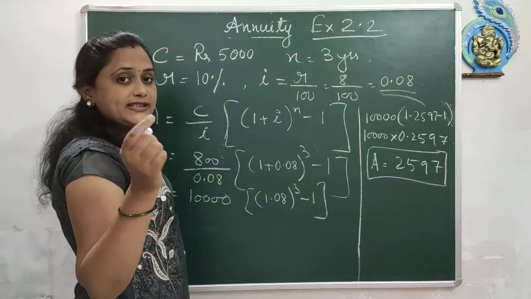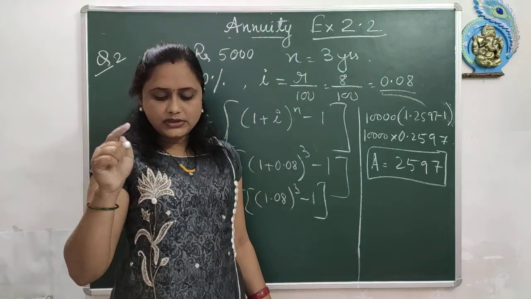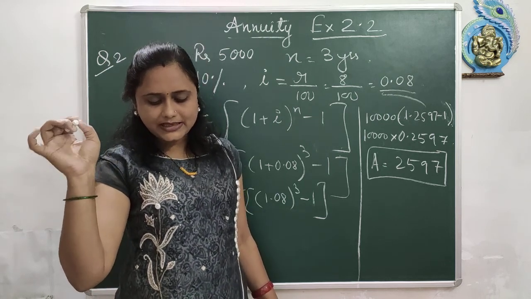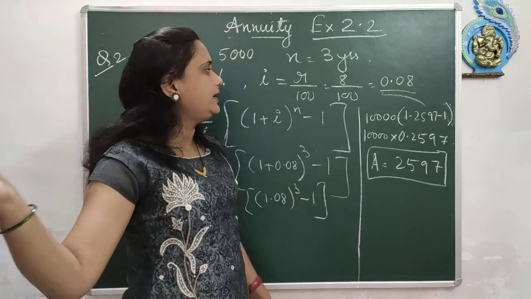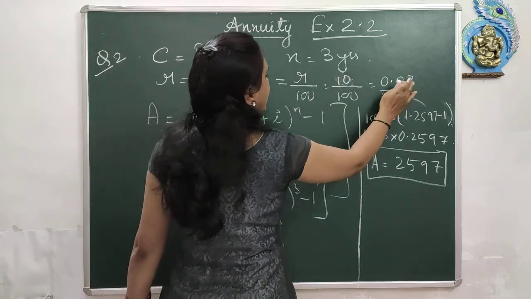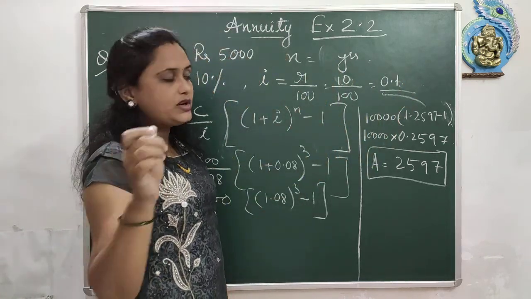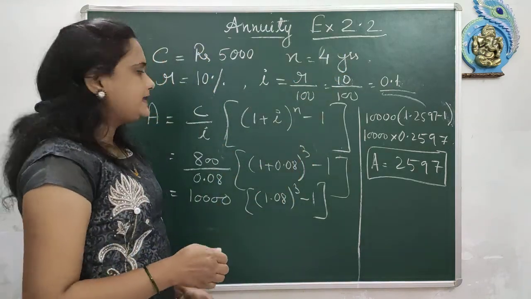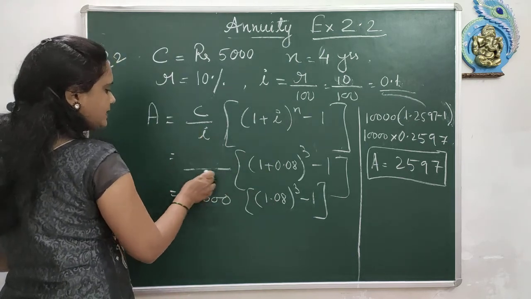First of all see whether it is compounded annually or not. It is given that we want the amount accumulated after 4 years, and 10% per annum, accumulated every year. So there will be no difference. 10 upon 100 is 0.1, and here it is accumulated for 4 years, so n becomes 4. Everything will be the same, so the formula will be the same. Now you just have to write down these amounts differently.